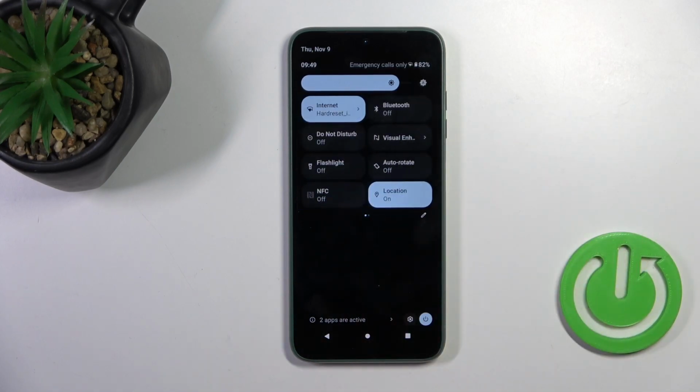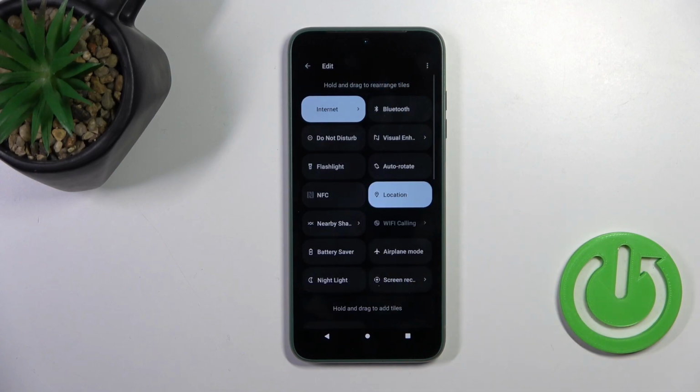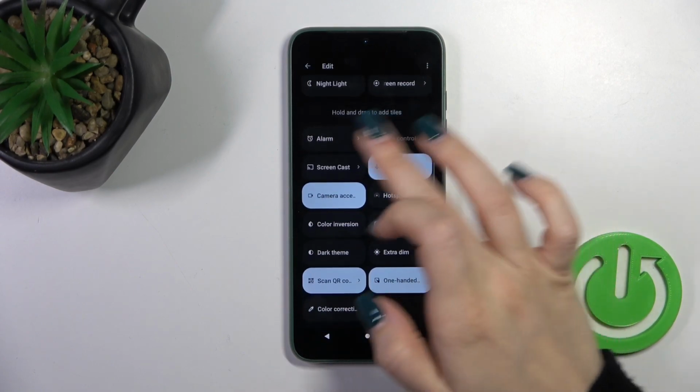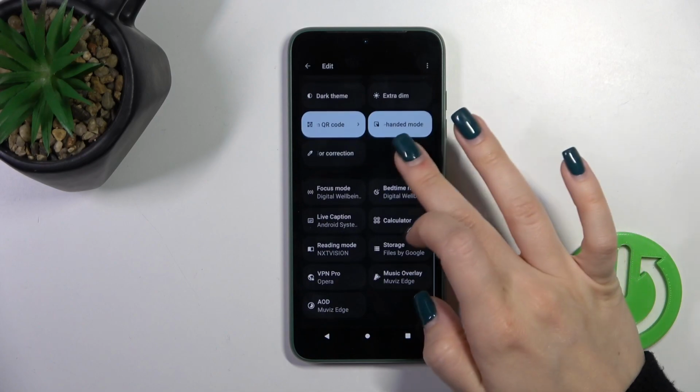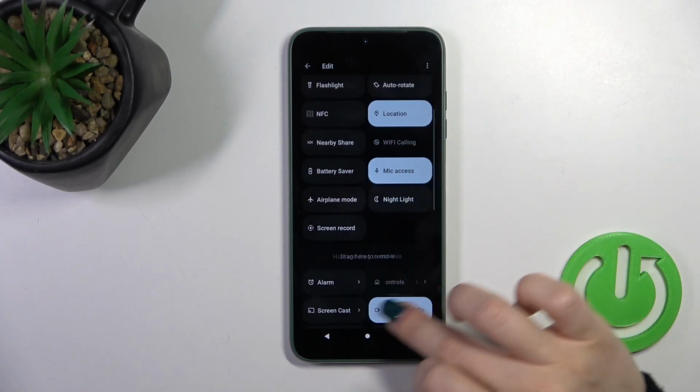Or if you want to just change the positions of the icons here, you should click on this edit icon, and to add some new options you should scroll down here. You'll find them here, and to add them to your panel you should just hold the icon and drag it